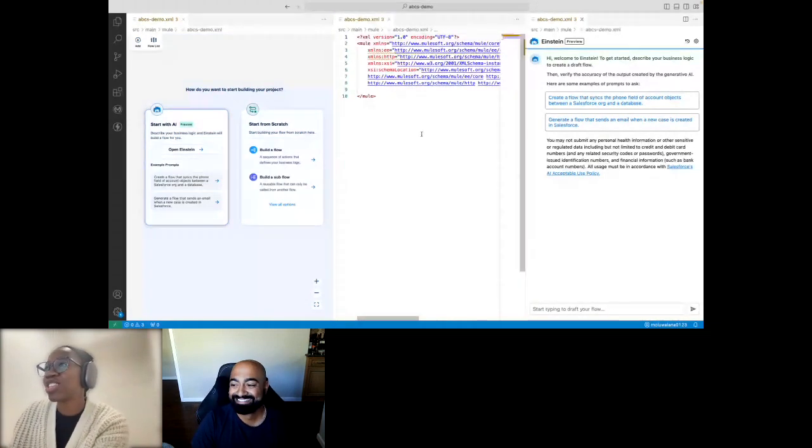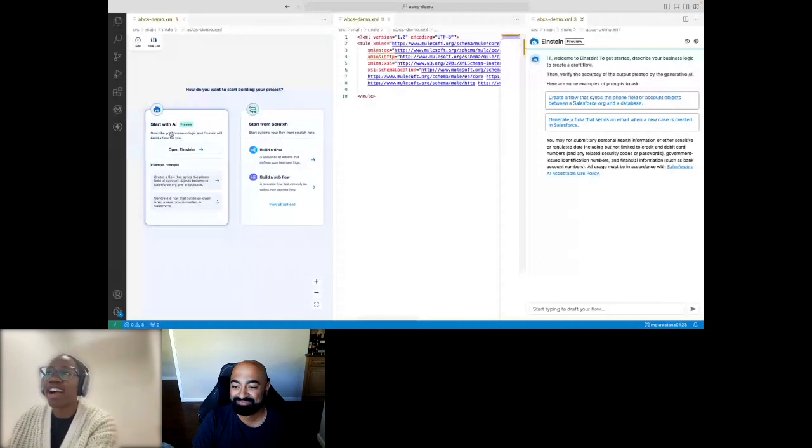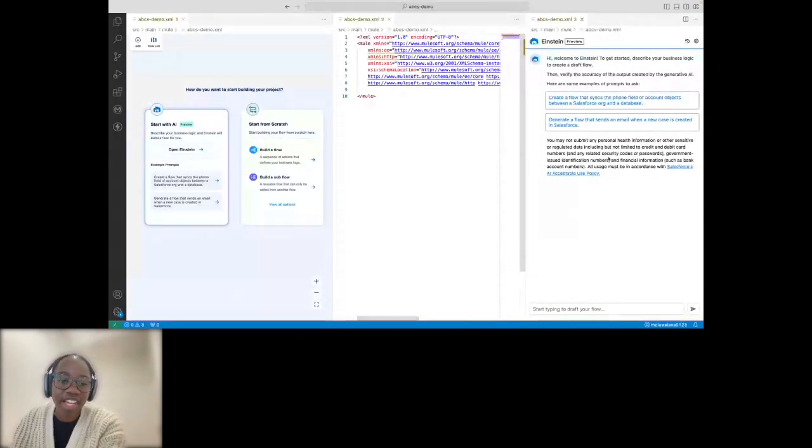But as I was mentioning, when you choose to start with AI, this new window pane launches on the right, which hosts the experience in which you can easily engage with Einstein. And Einstein is just the ultimate tool through which you can get started quickly and build fast. So what I'm going to do here,